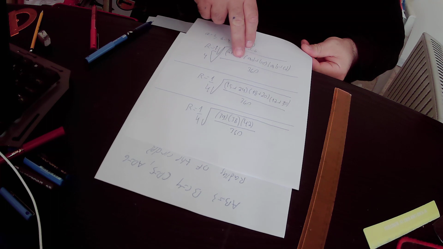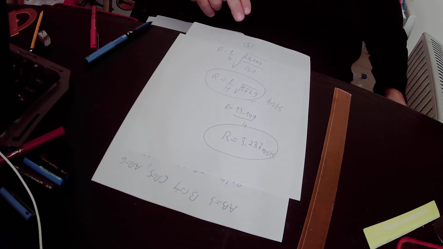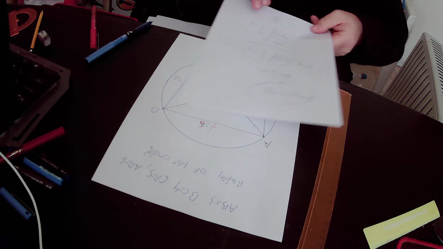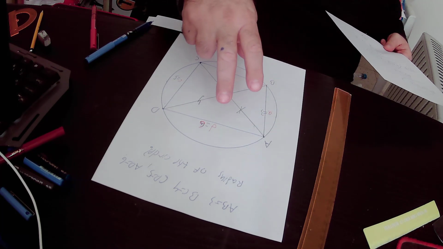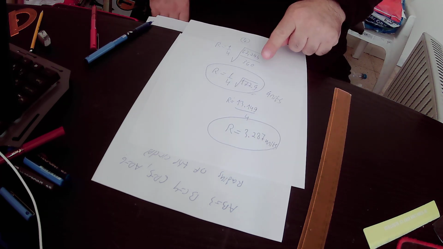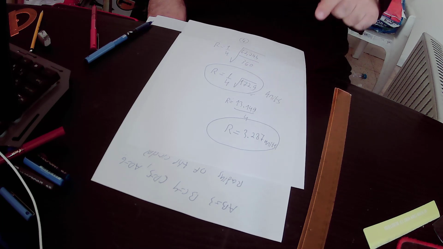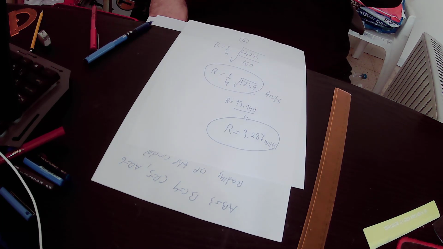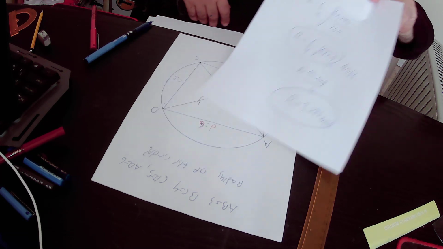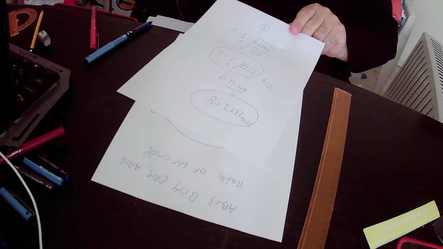Okay, so we found out that the radius of this circle that circumscribes quadrilateral ABCD equals either the root of 172.9 over 4 units, or in terms of numbers, the radius equals